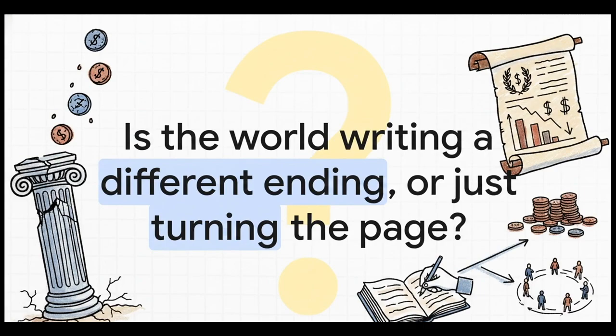So, the pattern of history is laid out right in front of us with terrifying clarity. It teaches us that a nation's greatest threat often isn't some external enemy, but its own internal fiscal decay. The real question isn't whether this can happen again. The question is whether we've learned anything at all from the past. Are we actually capable of writing a different ending to this very old story, or are we just turning the page to the next chapter?